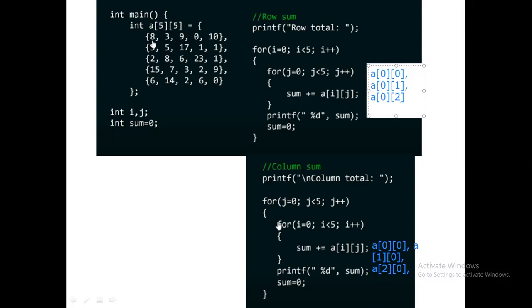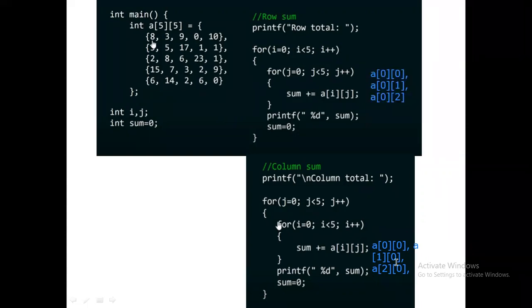So what will be the output? The output is initially the sum of elements in row 0. Next, what will be the output? Sum of elements in row 1, next row 2, next row 3, next row 4. In the below one, you can see the sum of elements in column 0, column 1, column 2, column 3, column 4. So that is the thing. So you have to understand like that one. The next step is,